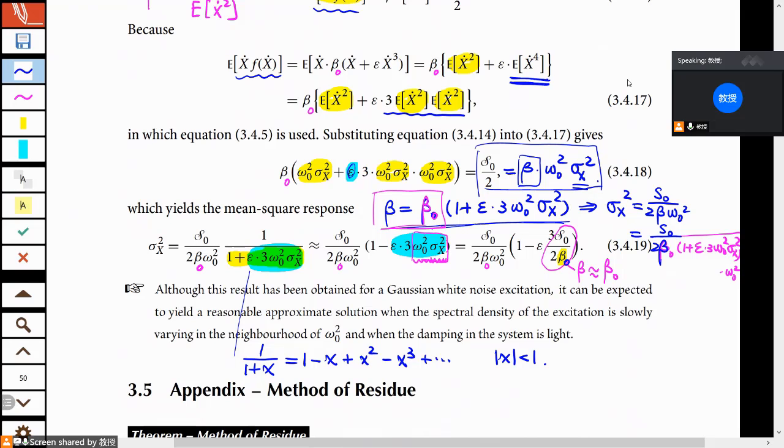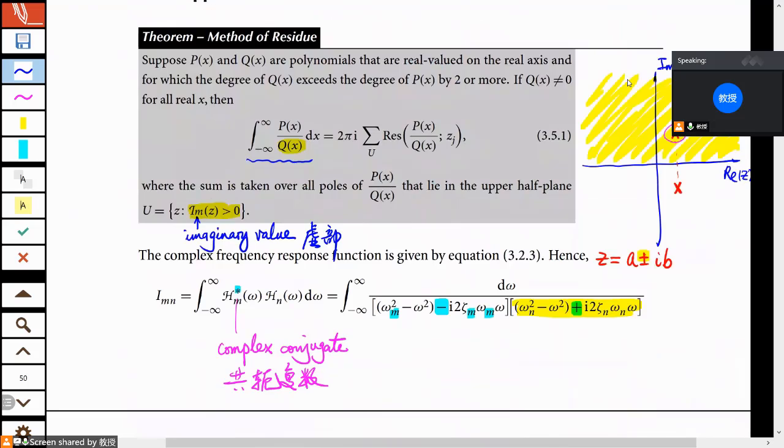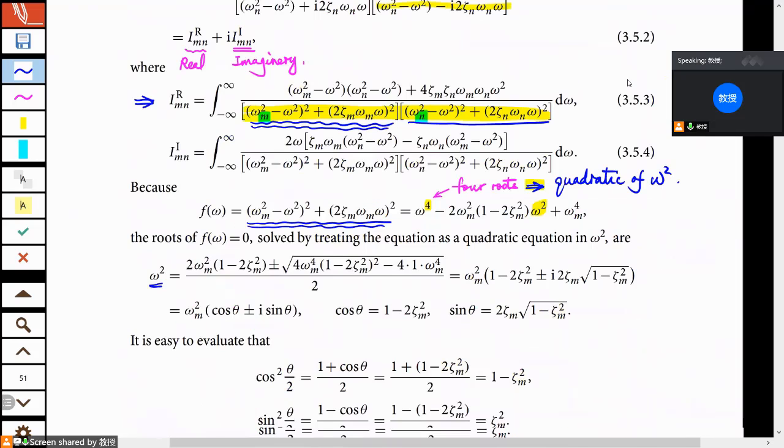One of the questions is using the equivalent nonlinearization to solve a nonlinear equation, to determine the mean square response. And you can practice that. Okay, so that's all on the